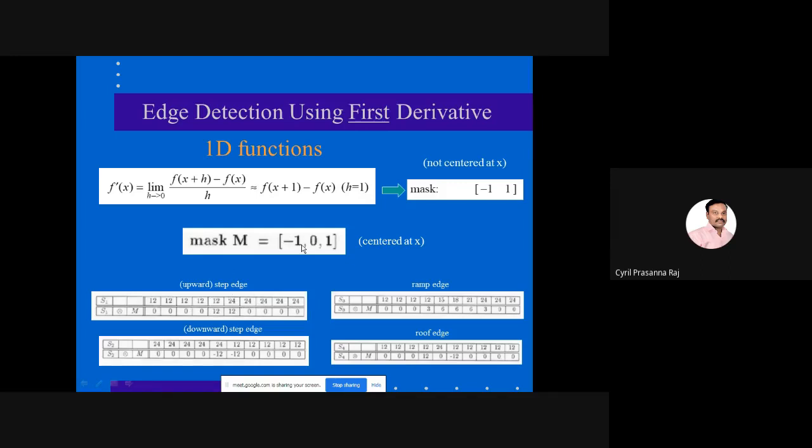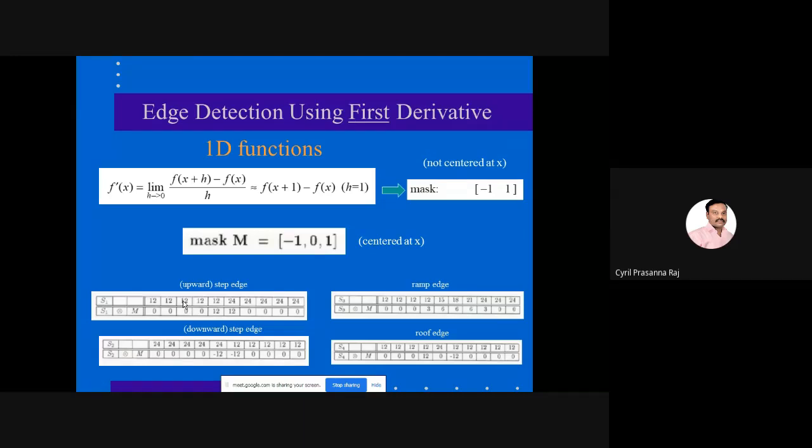How are we using this mask? Let us take this mask minus 1, 0, 1, and first put it upon the row. When I put this mask here and multiply, minus 1 into 12 will give you minus 12, 12 into 0 will give you 0, and 12 into 1 will give you 12.